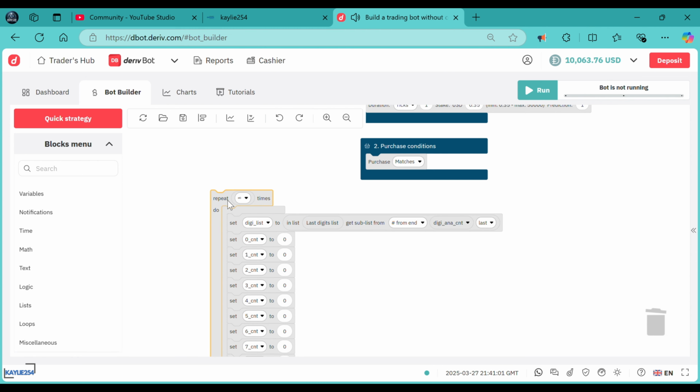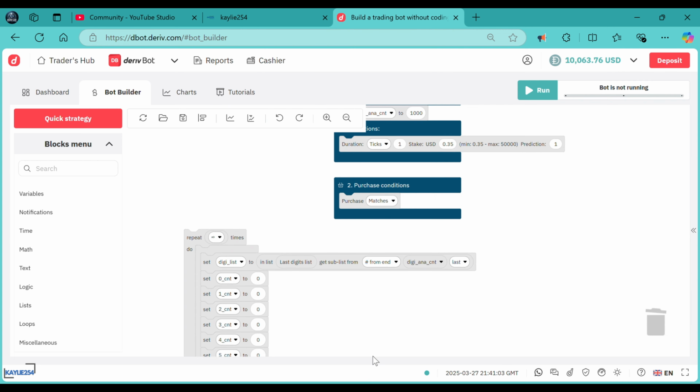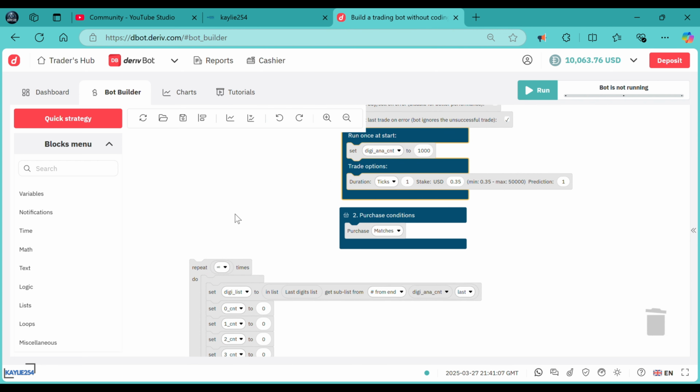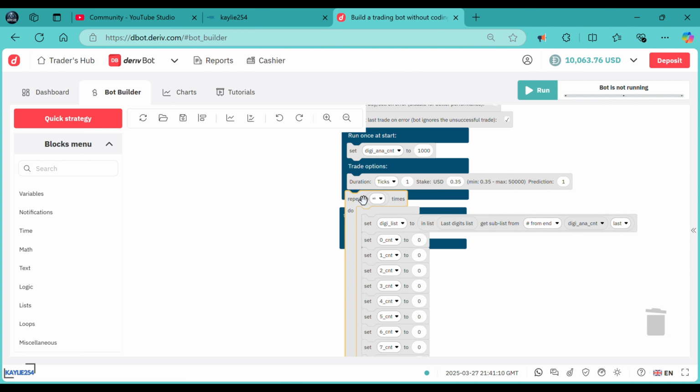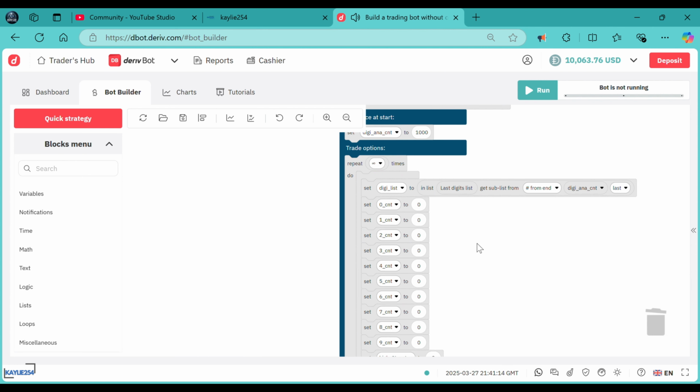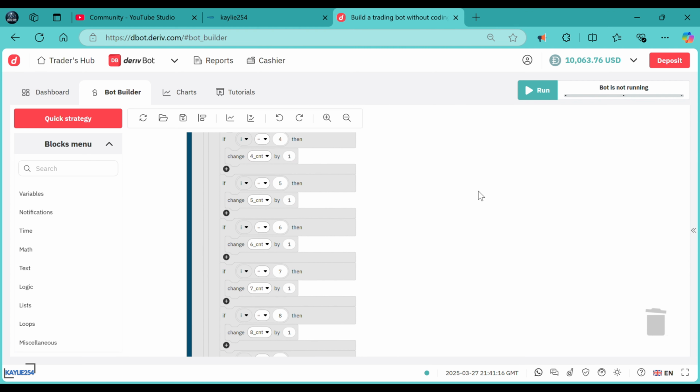Like that. Then I need to attach this block on the trade options right at that point. Then I need to align it like that, and then I also need to attach the